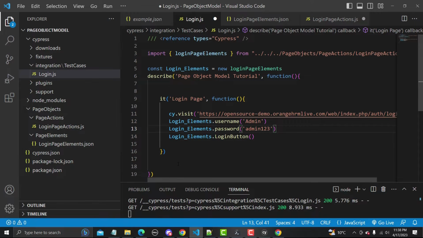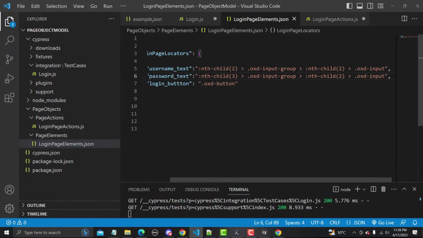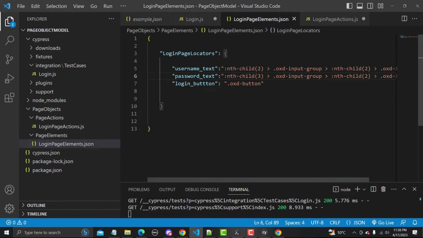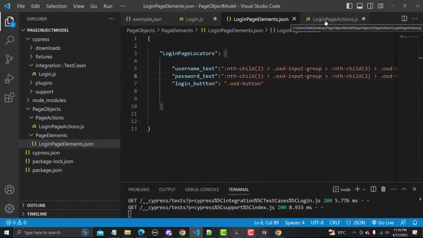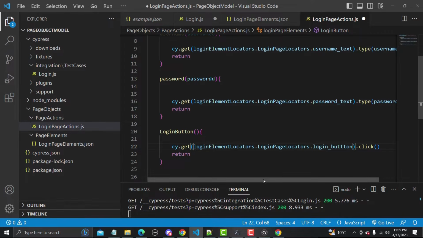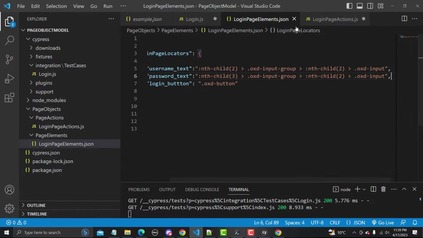So this is our test case, and the elements which we used in this particular page, which was login page, are all present here in the .json file, and in our page actions file we are performing actions on these elements which are present in login page elements, right?